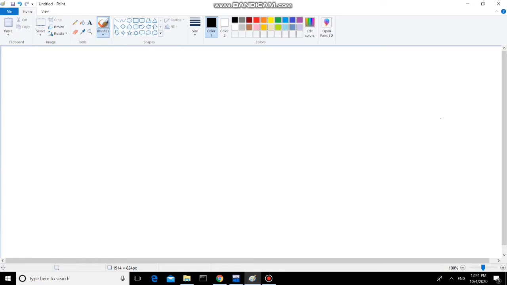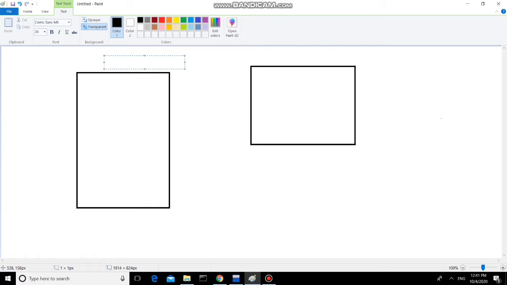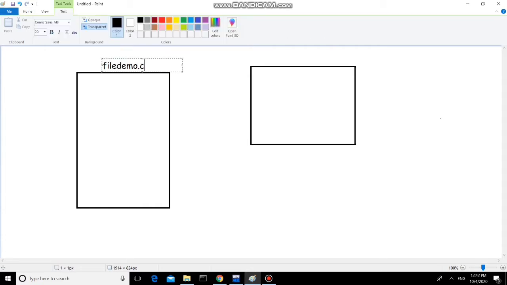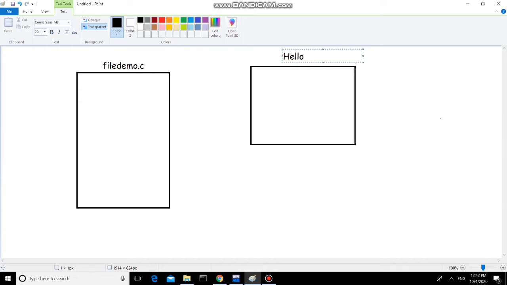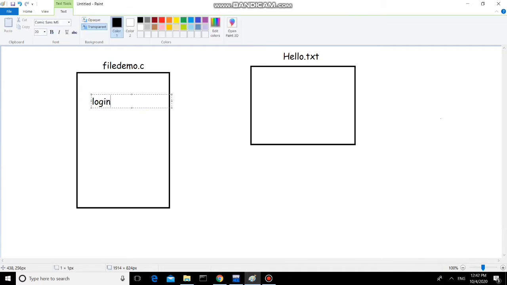Before performing those things, let me clear the things. Suppose I am giving file demo.c. This is my C source file, in which I am going to write the logic.